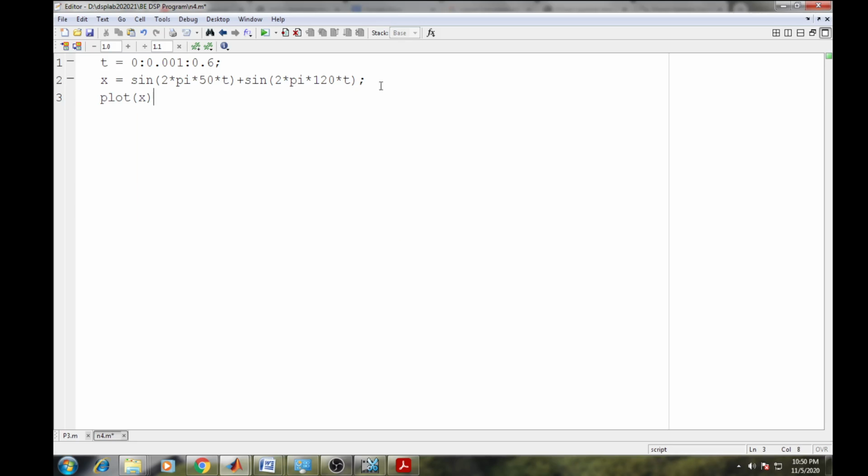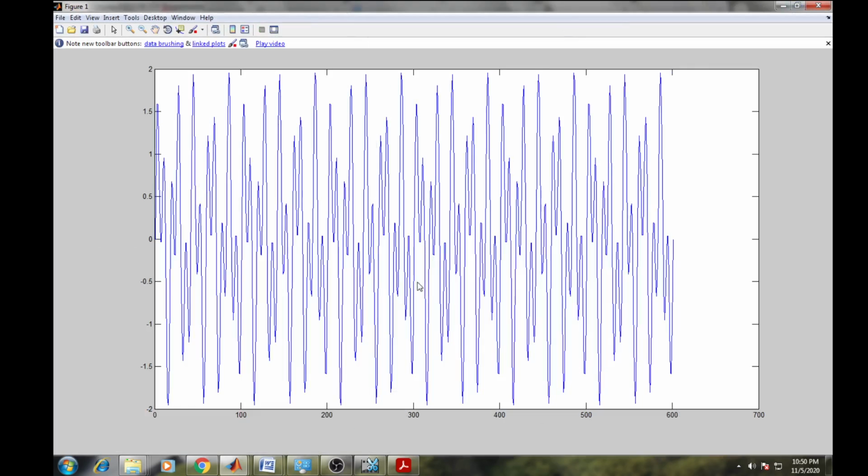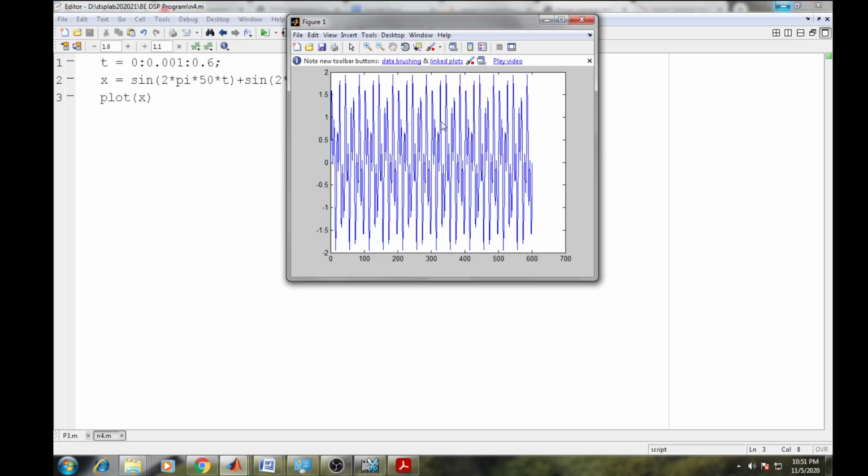After writing this statement, run it, and you see the signal is plotted. It is a combination of sin(2*pi*f1*t) and sin(2*pi*f2*t), so both signals get added.